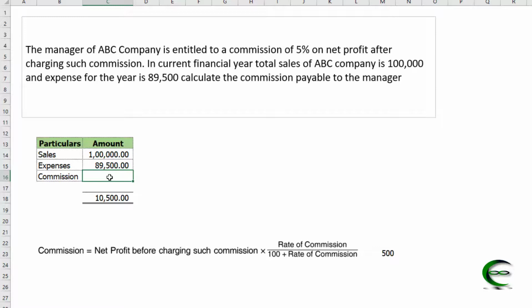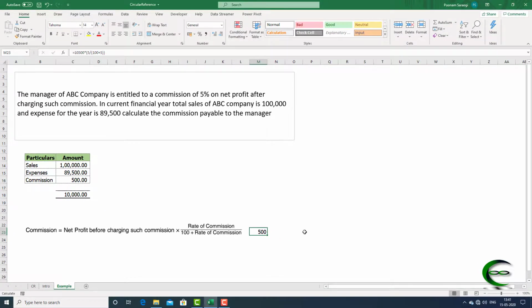So using circular reference or iterative calculation, you can calculate it easily. Into 5%, it is 500 only, or you need to calculate it by this formula. Hope it will help.